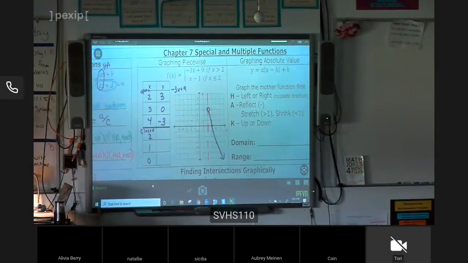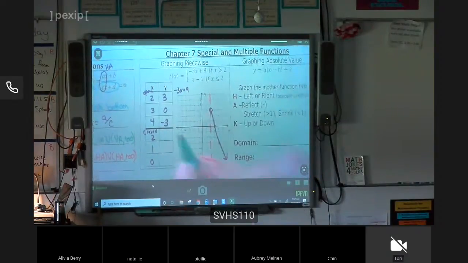On the other side of the graph, we're going to do our x minus 1. So we'll do 2 minus 1, give us 1. 1 minus 1, 0 minus 1. So we'll do a closed circle on 2, 1, 1, 0, and 0, negative